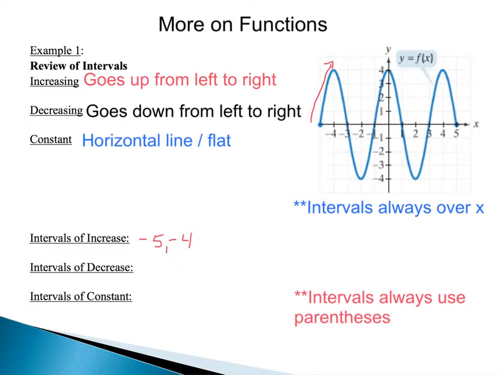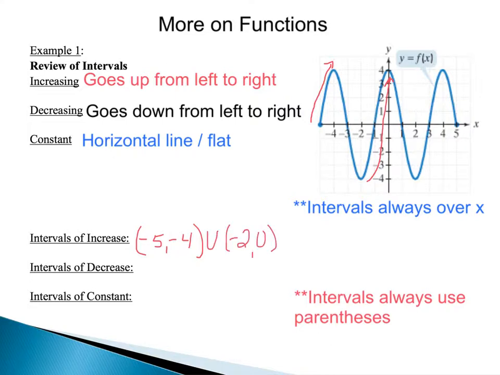A function is not increasing or decreasing or constant at an endpoint or where the function is changing direction. So from -5 to -4, the function is increasing and we would be using parentheses. So that would be our first interval where the function is increasing. So we want to look where else the function is increasing. So I'd say it's probably starting at x equals -2 and going up to, so although that's at a 4, realize that is at x equals 0.